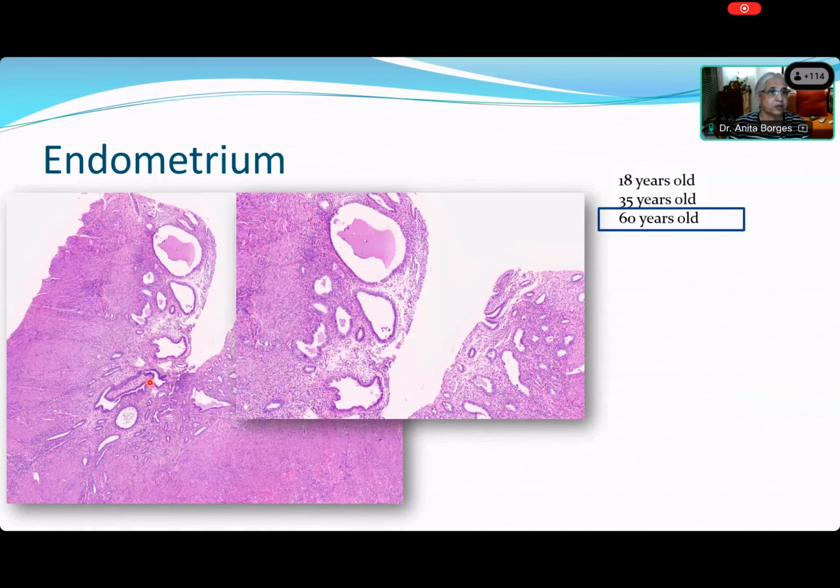Vandana, come on. Ma'am, here are inactive or dilated glands seen over here, and no glandular or stromal proliferation is seen here. No, the question is, yeah, no glandulars. See, look at the thickness of this endometrium. No, it's a thin endometrium. If there was hyperplasia, this endometrium would be thick. This is not a thick endometrium.